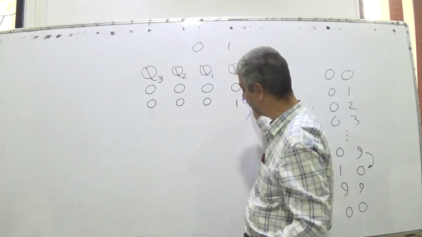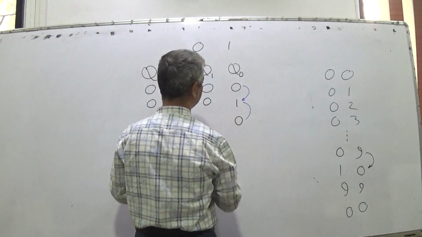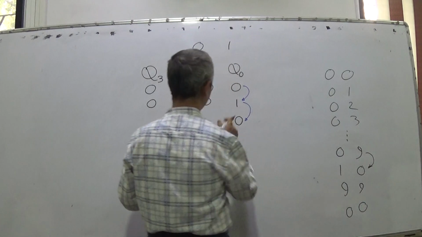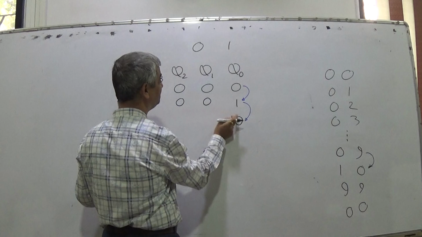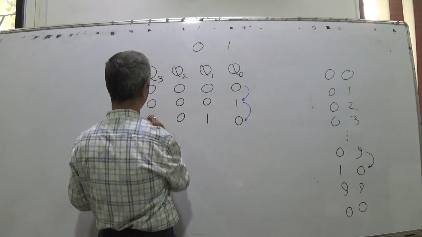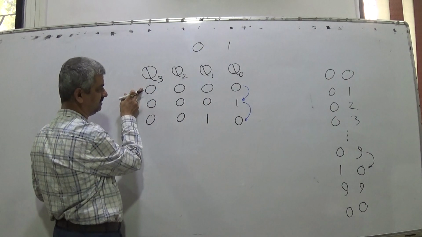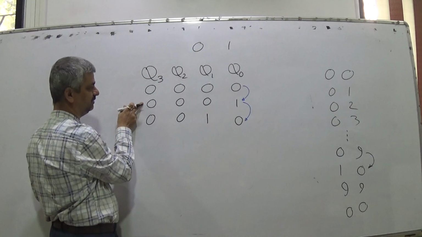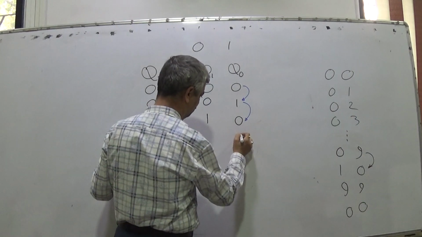So from 0 we move to 1. After 1 again we move to 0 because the digits have finished. And when we move from 1 to 0, we go for moving its immediate next digit. So it becomes 1. So one state is 0, 0, 0, 0, the counter state. Next is 0, 0, 0, 1. Next is 0, 0, 1, 0. Then the sequence continues.